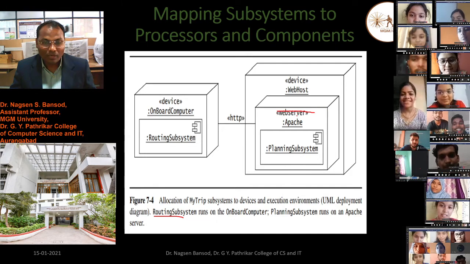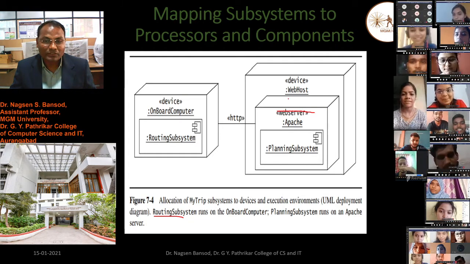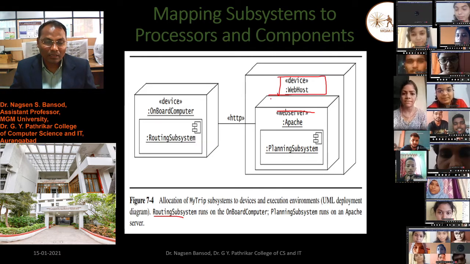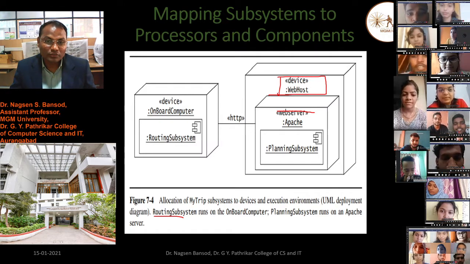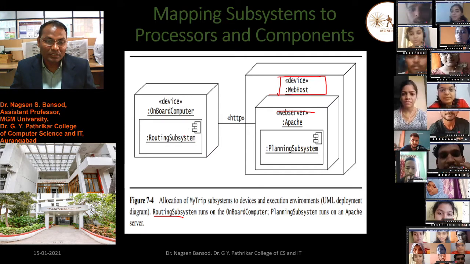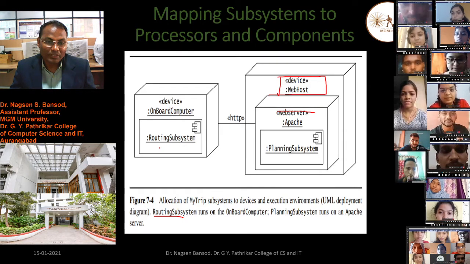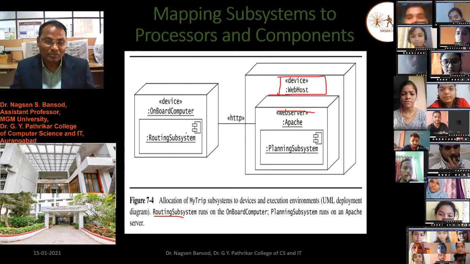On the web host, the Apache server is used, and on that Apache server web hosting is created, and on this web hosting, if we want to search this information, we need some browsers. Using the browsers we can reach the onboard computer and routing subsystem, where our software is installed.